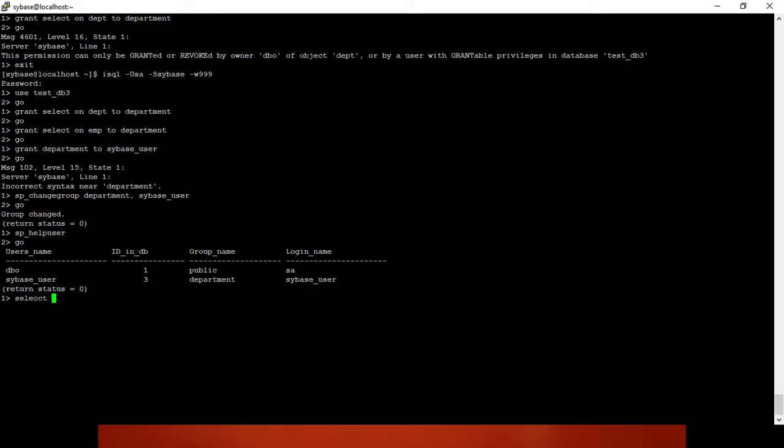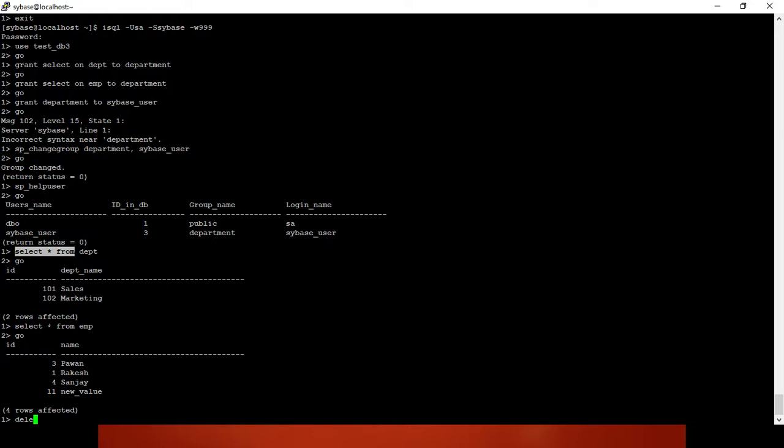Now select from the table. Okay, so this user can access the tables dpt and emp, but it cannot change anything because we have given only select permission, so you can't do anything.